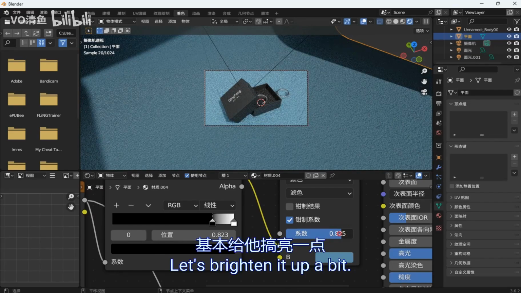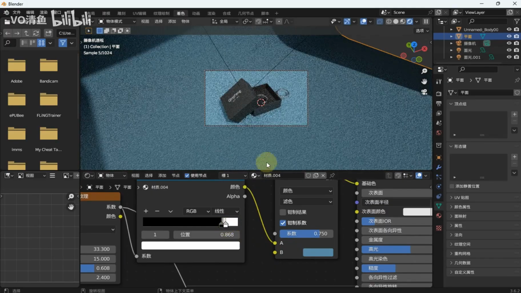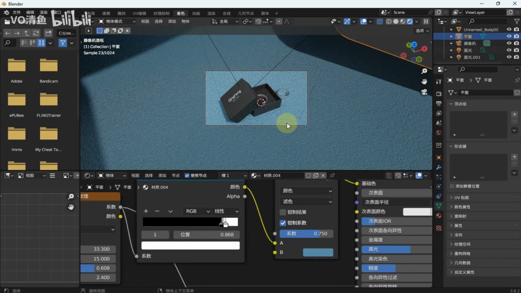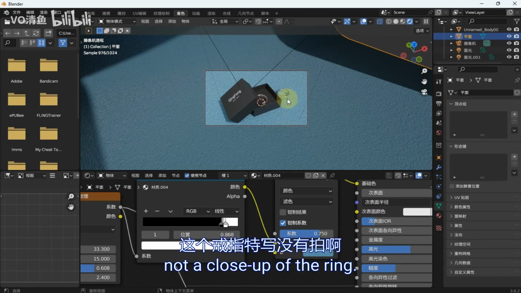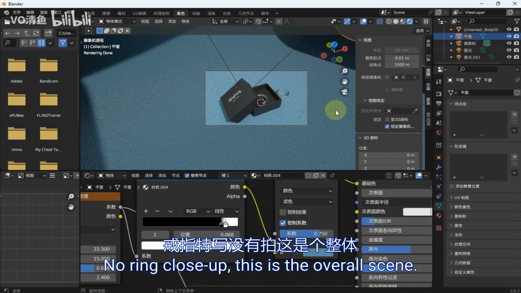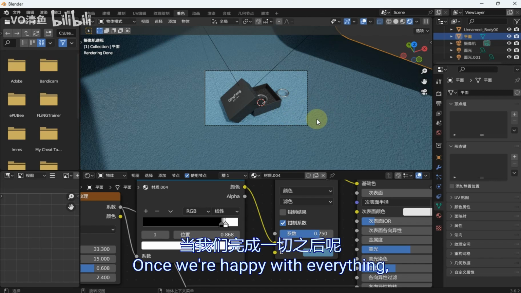Let's brighten it up a bit. This is a full shot, not a close-up of the ring. This is the overall scene. Once we're happy with everything,